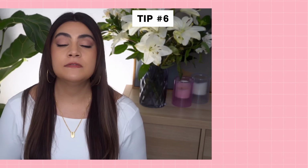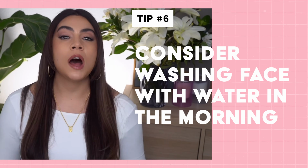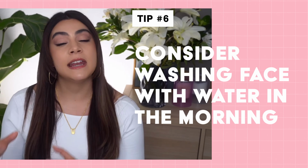Another tip for cleansing, maybe consider using water to wash your face in the morning instead of a cleansing product. Now, I brought this up as a money-saving tip because it does help to stretch your cleansing product, right? But I actually also bring it up because many of us don't actually need a cleansing product in the morning. For a lot of folks, it can actually be a little bit too stripping. It can lead to dehydration and overly dry feeling skin, and it can even sometimes lead to an overproduction of